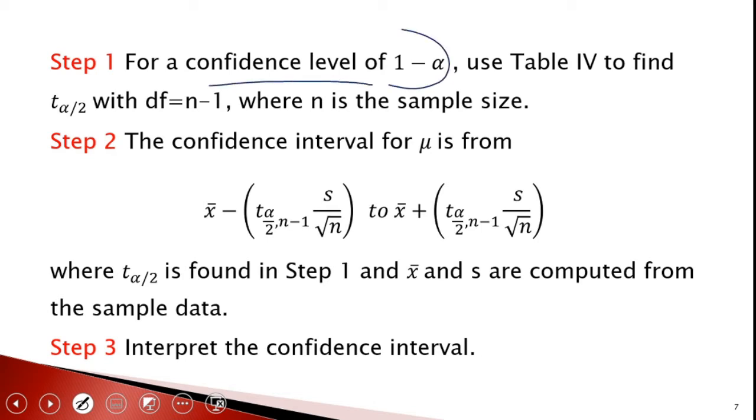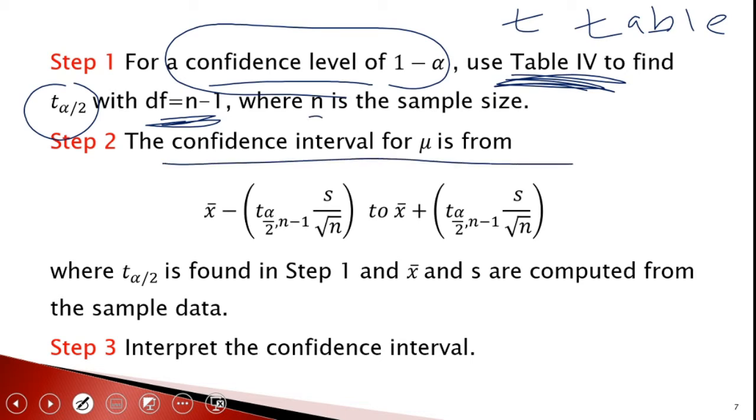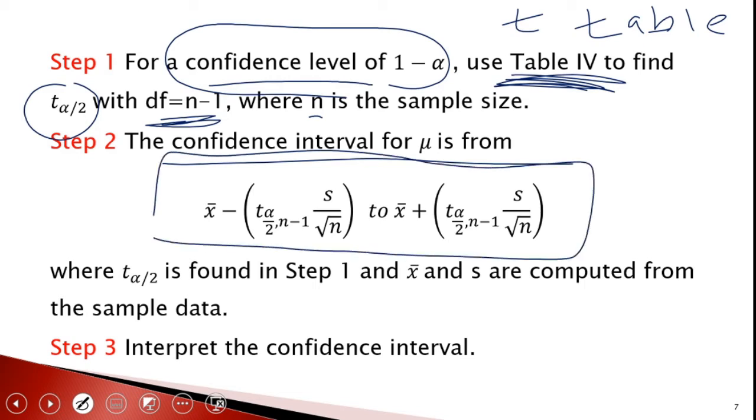Confidence interval of 1 minus alpha, this is what we need to find, this time using the t table. T alpha over 2 with degree of freedom n minus 1, where n is the sample size. How do you find the confidence interval for mu? Using this,